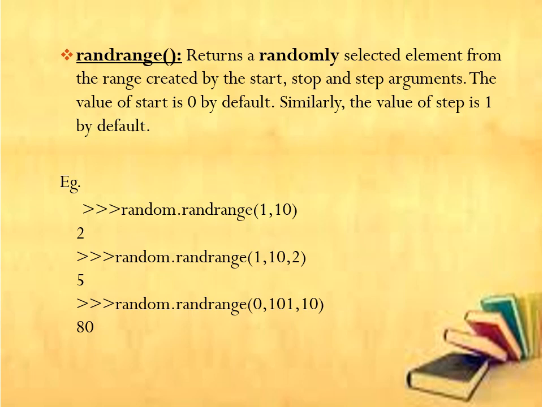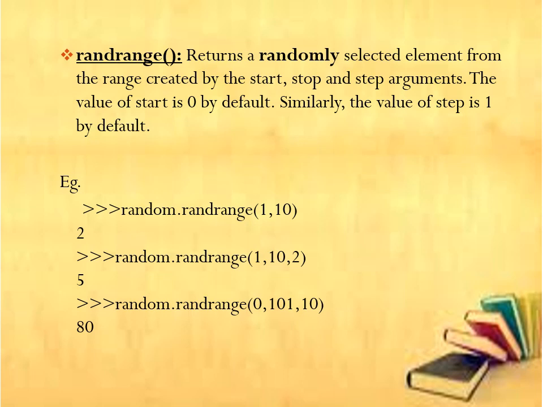So here it will move from 1 to 10 step by 1, and it will print any number from this range 1 to 10. If I write random.randrange 1, 10, 2, here 1 is the starting value, 10 is the stop value, and 2 is the step value. So it will move by 2 from 1 to 10. The first value will be 1, then 3, then 5, then 7, then 9, and so on. From this range it will print any random number.